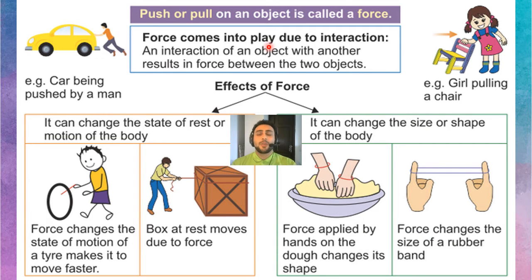Now, with forces such as push and pull, we can do many things. We can, for example, change the state of motion. For example, if something is going this way, you can hit it and it's going to go this way because you pushed it. Or this is not moving, right? But then I do this. See, it moved up because I pulled it up, right? It moved because of me.